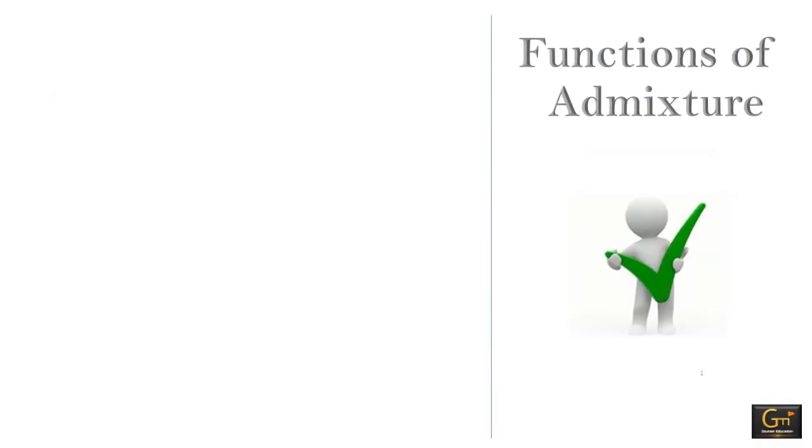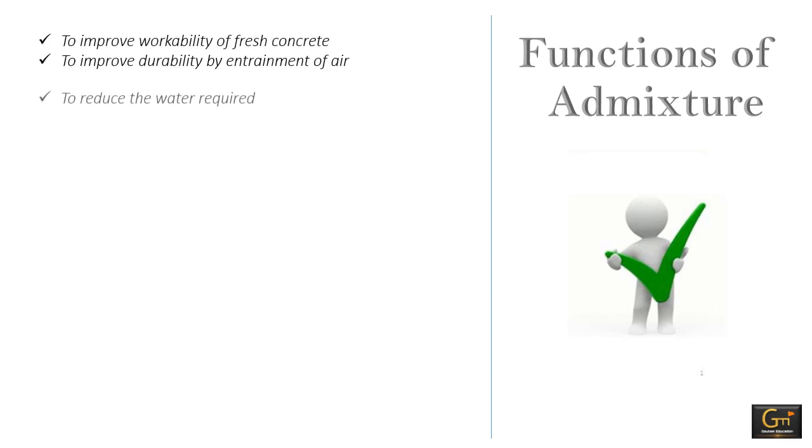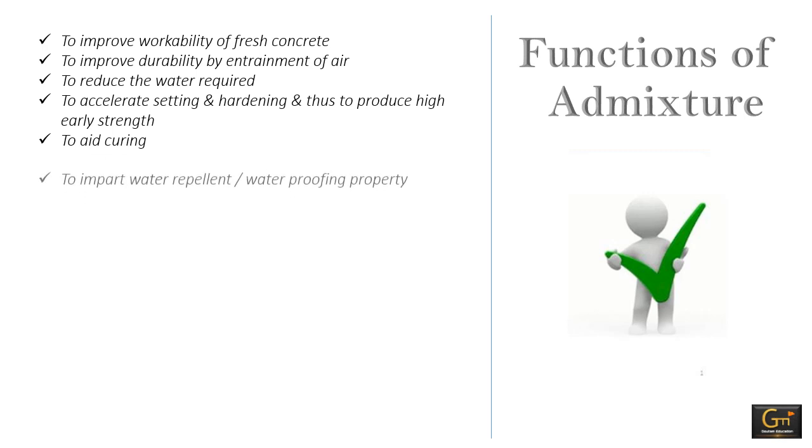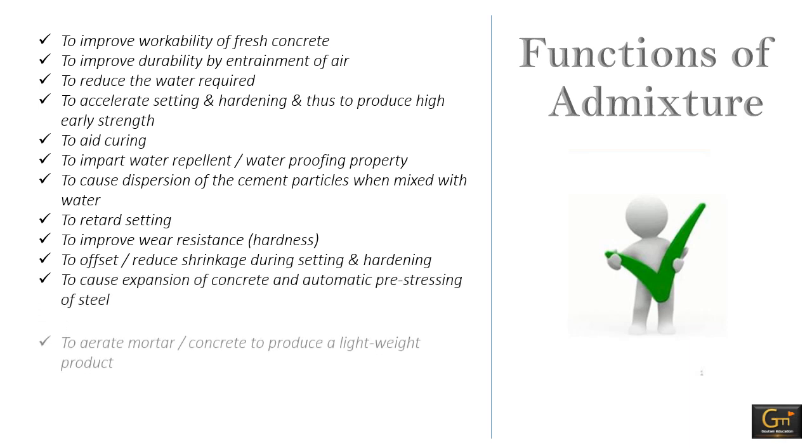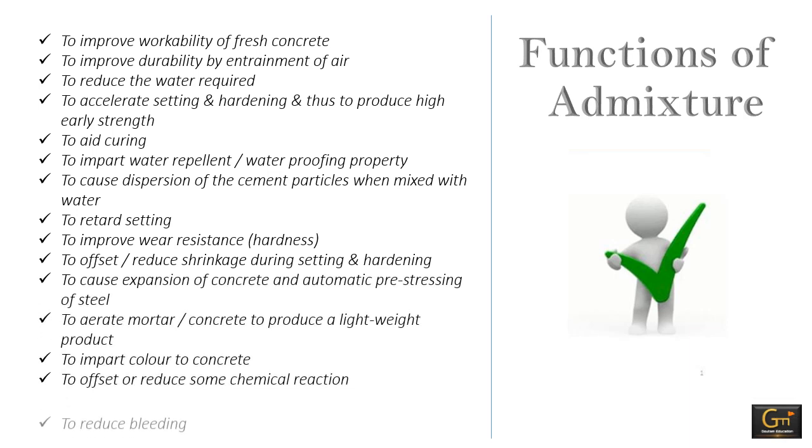Now the function of the admixture. Here we will study the different types of function of admixtures. It is basically used to improve the workability of fresh concrete. There are two types of concrete in construction. The first one is fresh concrete and another one is hard concrete. We have studied the fresh and hard concrete in our previous videos. It is also used to improve the durability of concrete, and to reduce the water required. There are some types of admixture we can find in construction work which are used to reduce the water requirement,